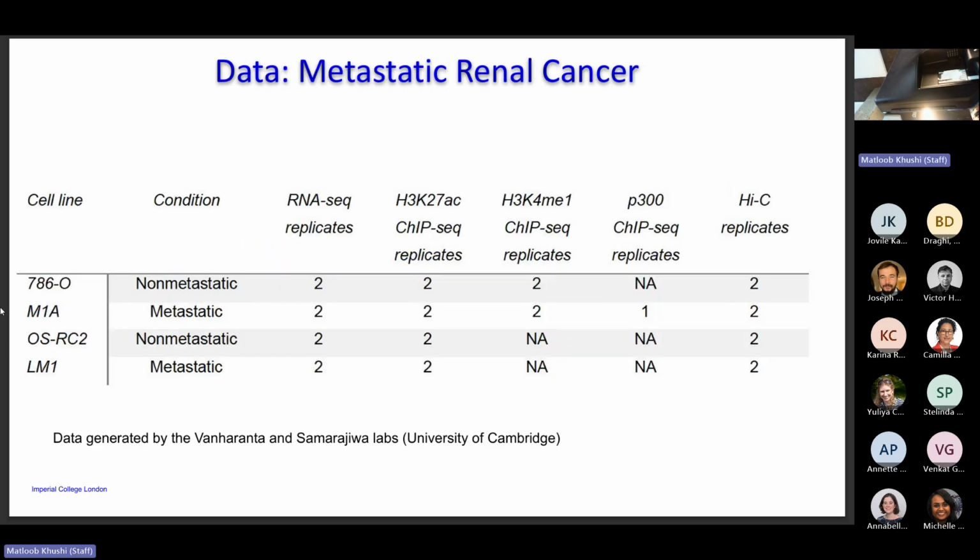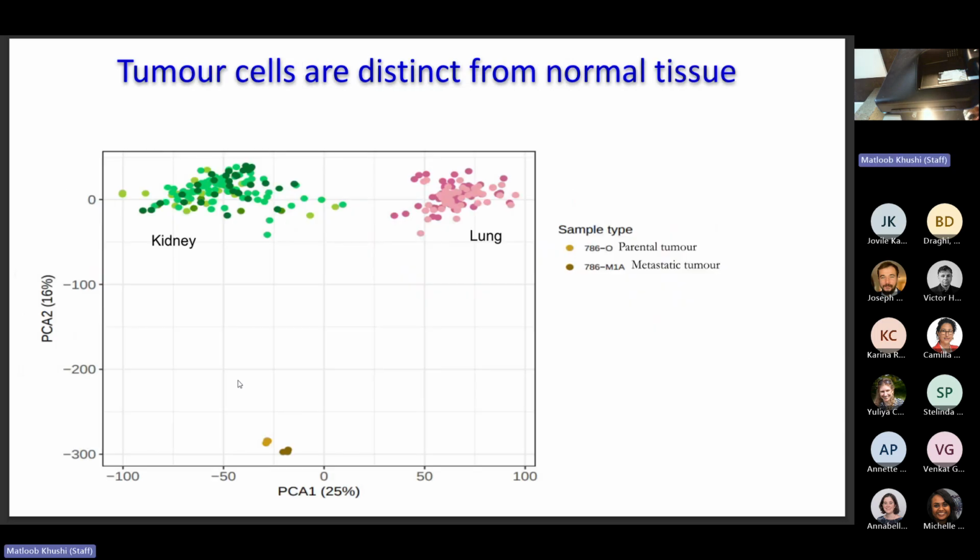This table shows the different types of kidney cancer data we had. We had like 2 non-metastatic and 2 metastatic samples from each. So each one is paired from a patient. We looked at